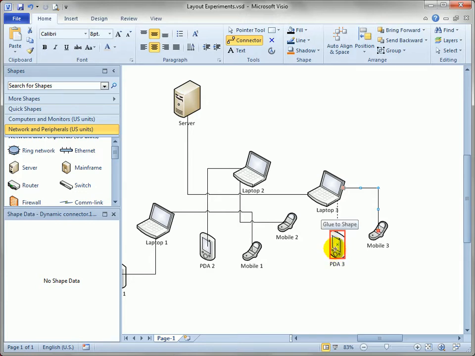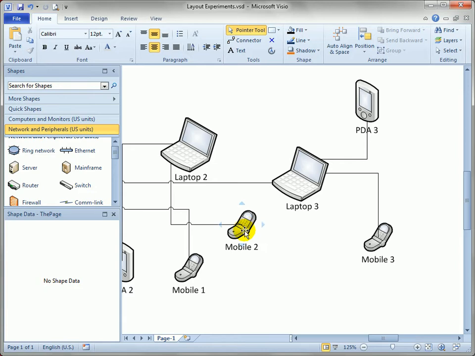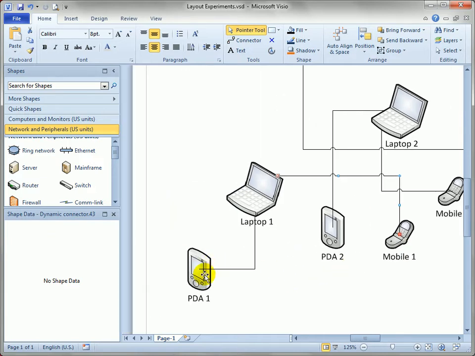points altogether. So here, if I don't hold down control, I easily get that connection point in the middle of the PDA. If I hold down control key, Visio says, oh, he really wants a dynamic glue connection, so let's just do that. And you'll see that now when I move the PDA, it's always dynamic, and the connector isn't over the shape at all. However, the mobile phone here, you can see a lot of the mobile phones have a point-to-point glue connection. You can see the small red handle in the middle, and as a result, the connectors are on top of